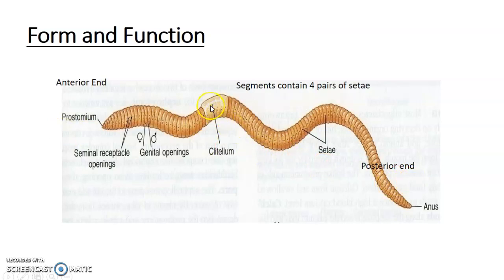The clitellum is also going to be most obvious on the dorsal surface and less obvious, or thinner, less padded on the ventral surface. So if you follow the arrow, the clitellum is closer to the anterior end and further away from the posterior end, and it's thicker up at the dorsal surface and not as thick on the ventral surface. This ventral surface is in a way the belly of the worm, and the worm will move